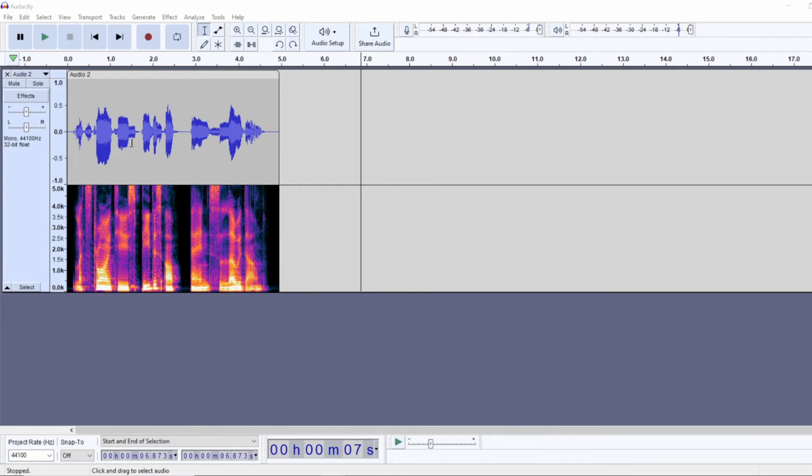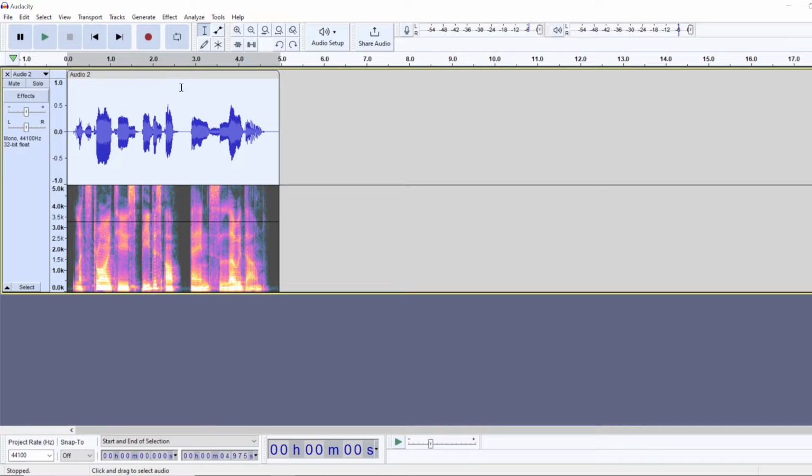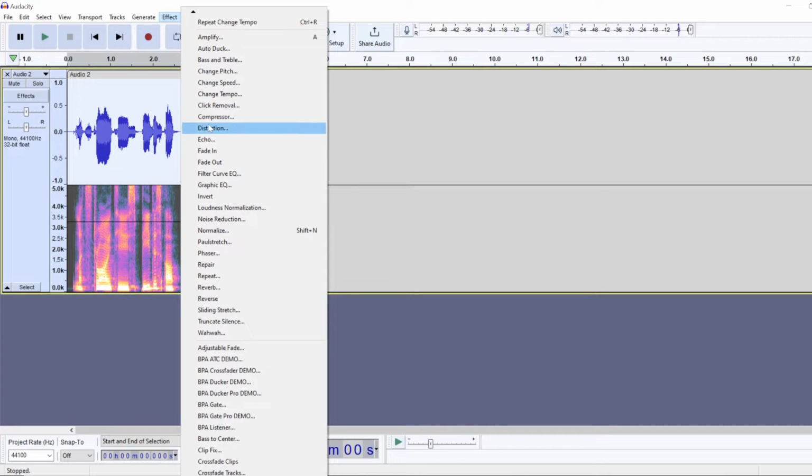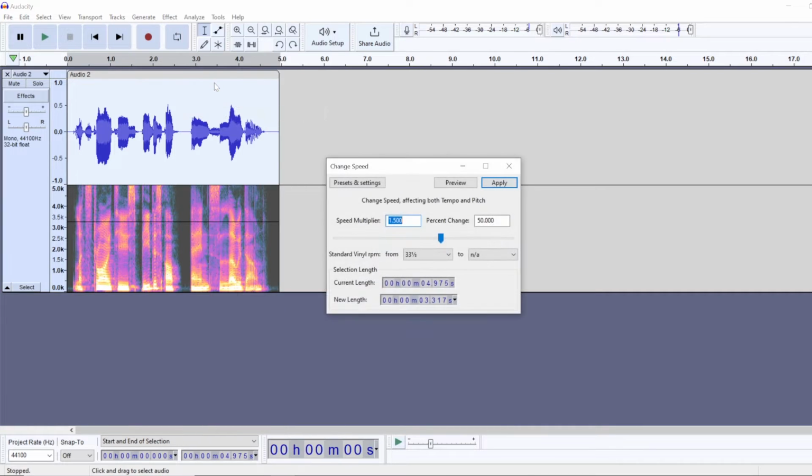To adjust the speed of your audio in Audacity, you'll have to select your audio recording and go to Effect. And you'll have one option to choose between these two effects, either the change speed or change tempo. The difference between these two is that with the change speed effect, you're affecting both the tempo and the pitch, while with the change tempo effect, you're only affecting the tempo, and Audacity does this counter process where it